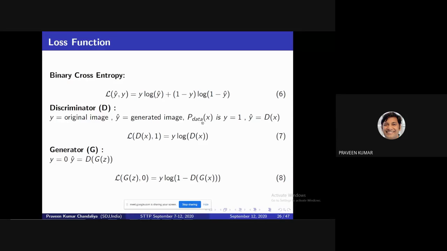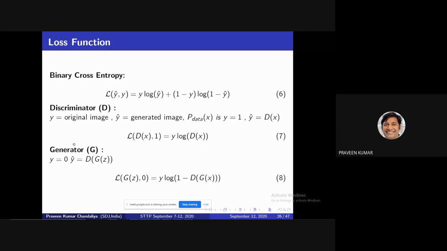For P data, the real data, the value of y is 1. The discriminator input is x, meaning the real data we pass, and the output is y hat, which is D(x). When we put y equal to 1 here, y hat is D(x). The 1 minus y term goes away. Then this one is the discriminator loss function.